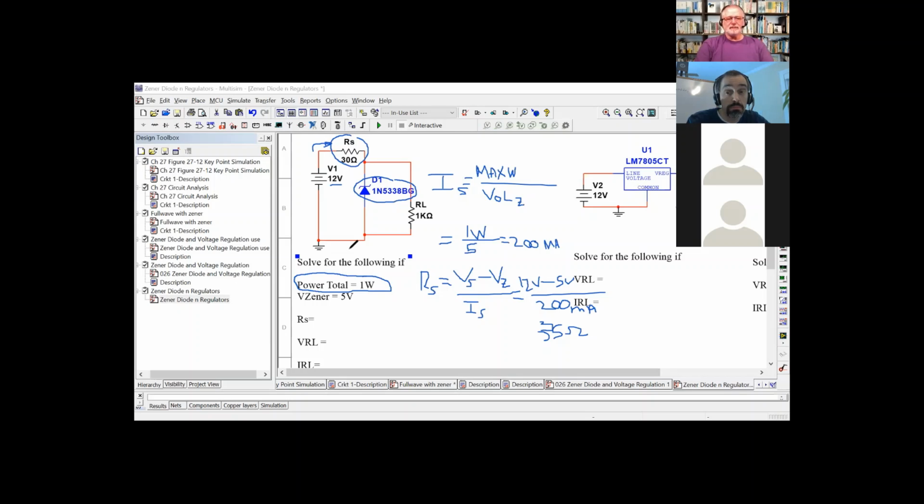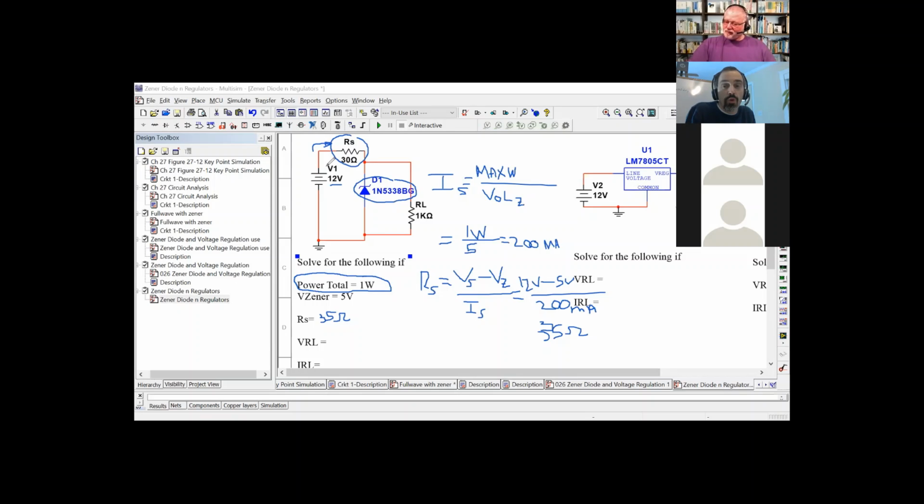Good. Okay, so 35 ohms. I have to change this RS out to 35 ohms. That's not a big deal. So that's 35. And believe it or not, this is just Zener protection. It's just keeping your Zener safe. Think about this: if you dump a huge amount of voltage into any type of regulator,